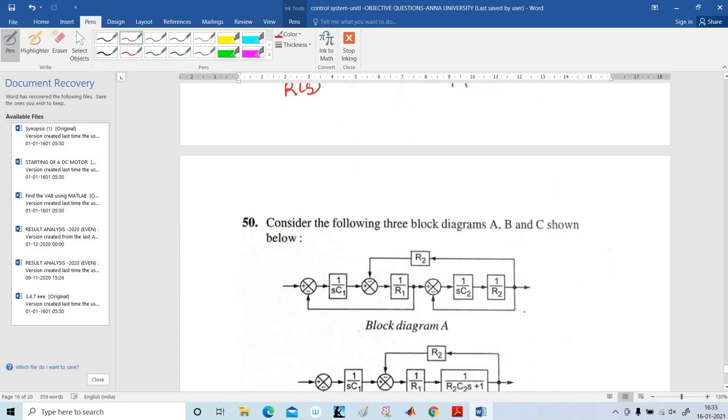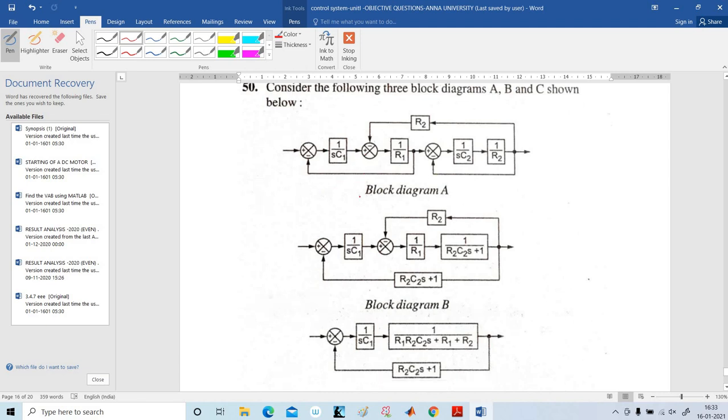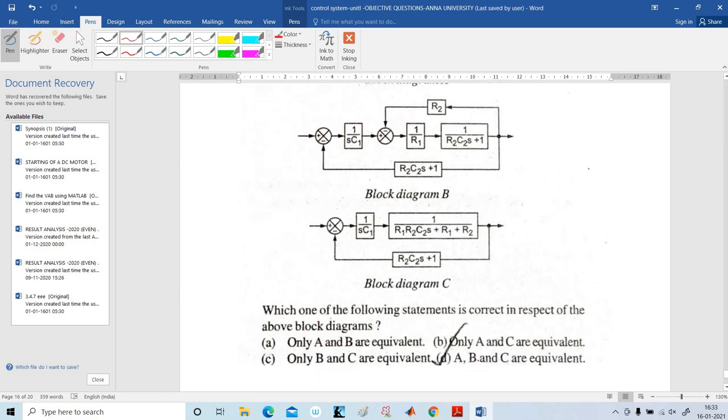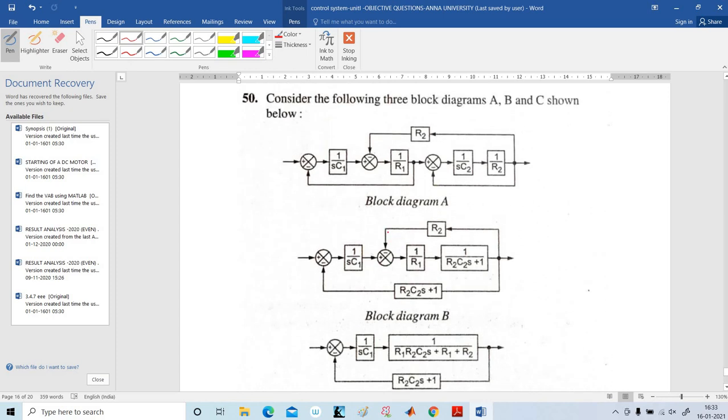And next, I am going to explain the last problem. Consider the following 3 block diagrams A, B, C shown in the figure. Which one of the following statements is correct with respect to the above block diagrams? A, B, C are equal, and that is the correct answer. First of all, you have to multiply this block, and then you have to reduce the feedback loop, and this block is over. And here, this is the takeoff point. Move the takeoff